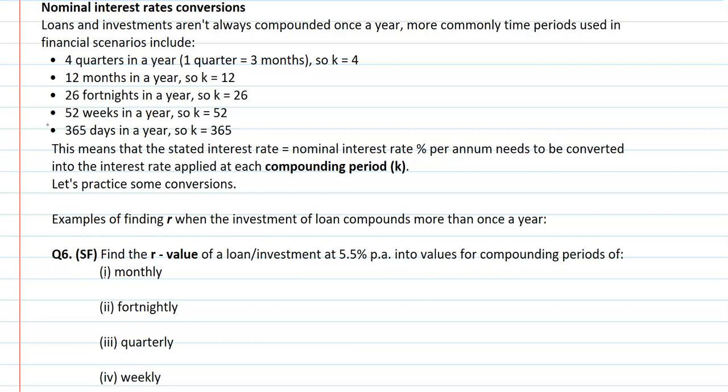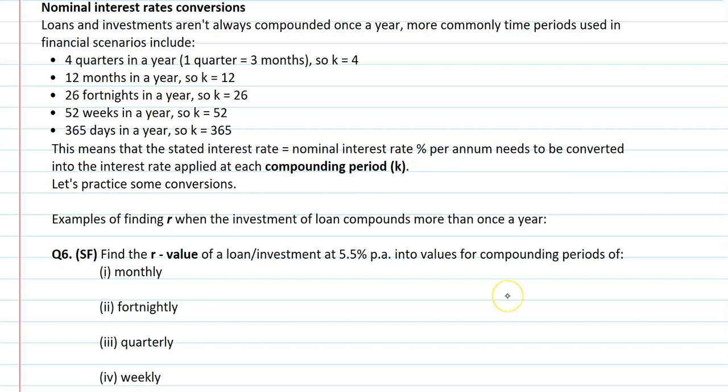Okay, so we're going to have a go at just converting these stated or nominal interest rates into the interest rates that will be applied at each compounding period. Alright, so I'm going to have a go at doing a monthly conversion, and then I want you guys to go ahead and